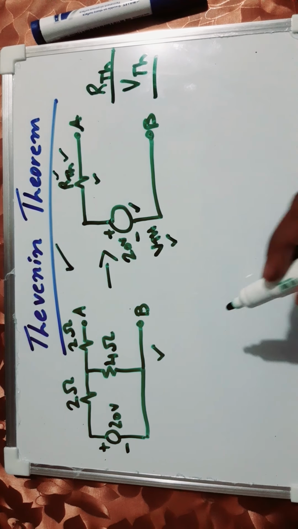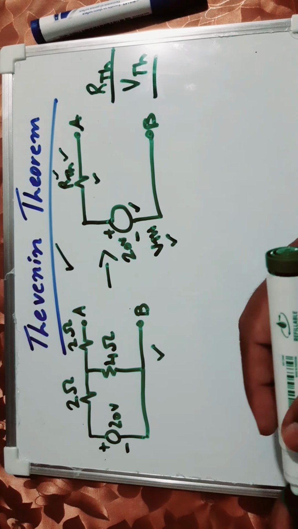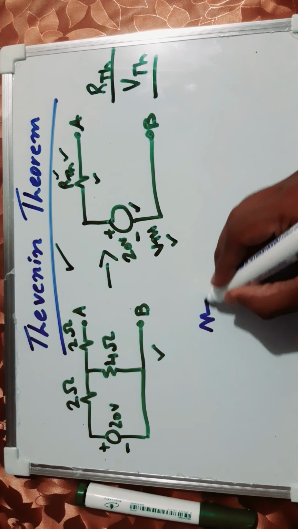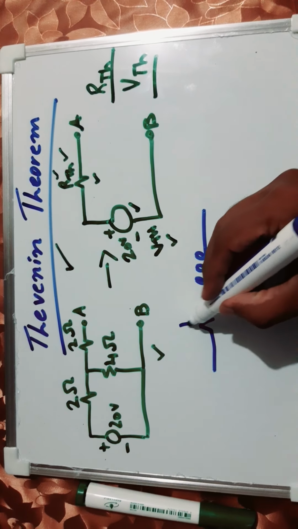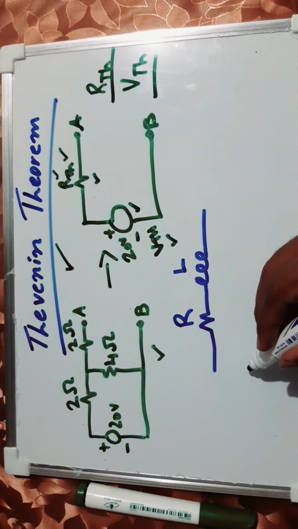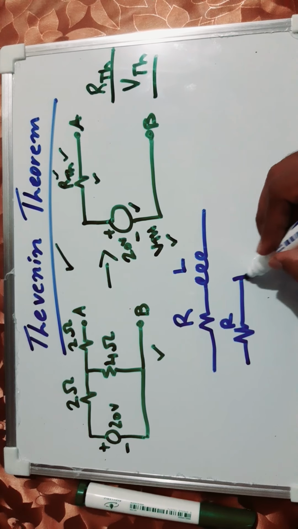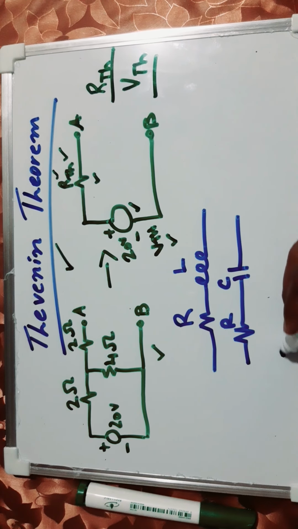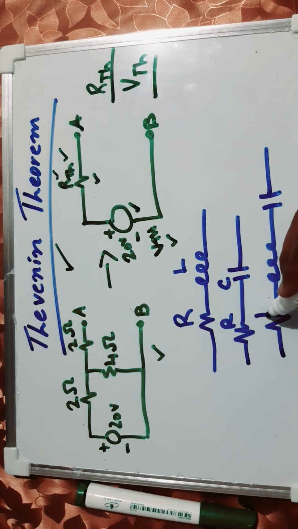But what if in some problems, for example, now we have only resistance, but what if any linear circuit has other elements also? What if the circuit is an RL circuit, or an RC circuit, where there is a capacitor or an inductor? Or what if the circuit is an RLC circuit? So how will we solve that circuit?